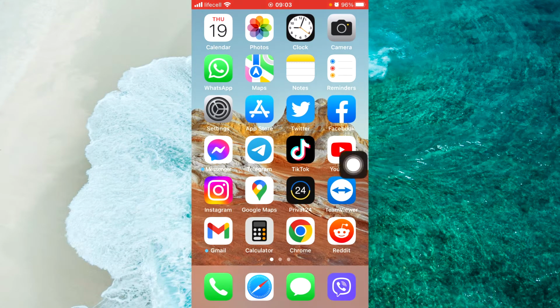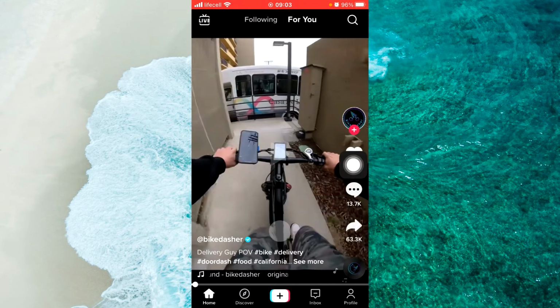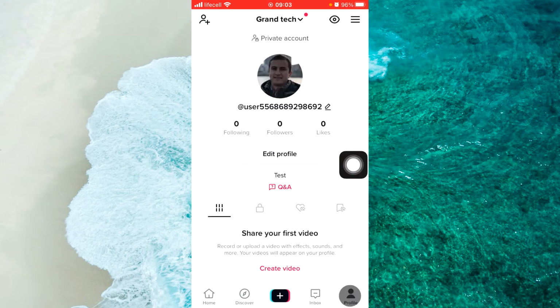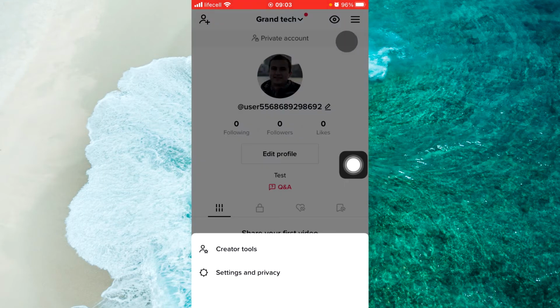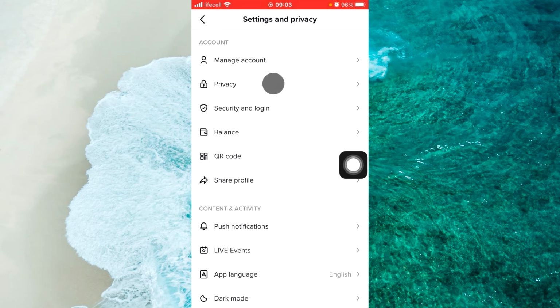So let's get started. Open up TikTok, then go to your profile, tap on profile at the bottom right corner, and here you will see private account. So let's change it. We just tap on the three lines at the top right corner, then tap on settings and privacy, select privacy,